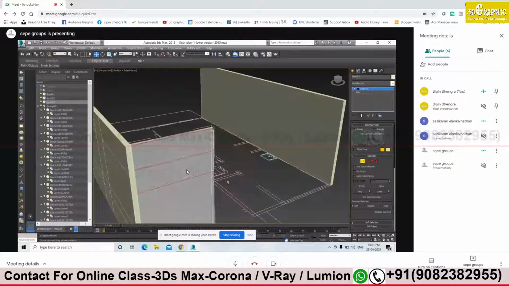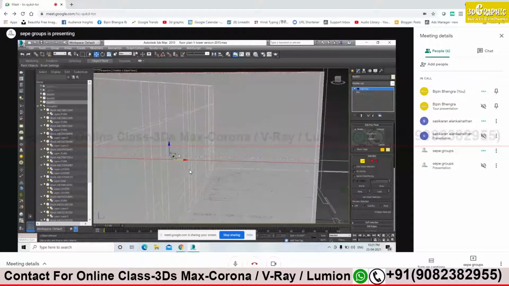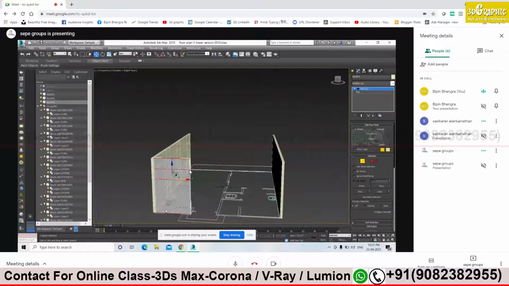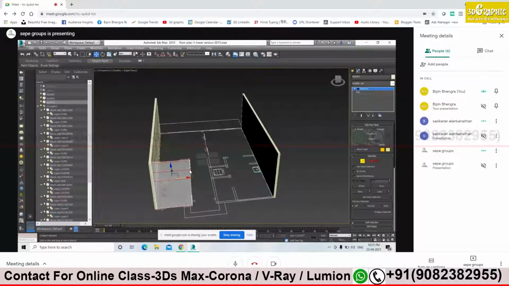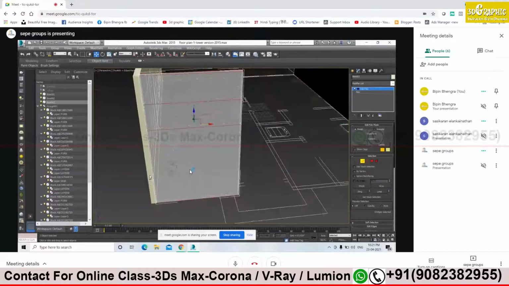Create edge and see. It should be at the edge of the wall. No, you need below on the reference image CAD file. Now control Z. You see where is the edge of the wall? You just zoom the bottom portion. Yes. That is the edge, no? Okay. Give a little bit, create an edge. Add an edge over there.